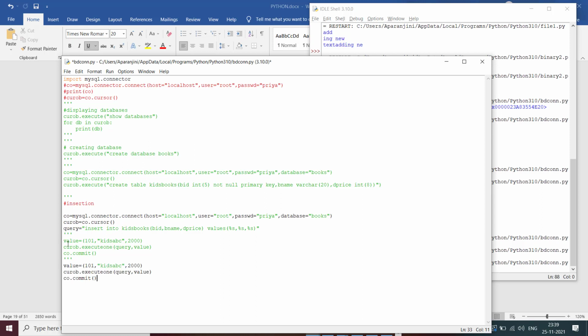So here for multiple records, we need to write in a list. Insert the list and here I'm going to put a comma, again open 102. It is a primary key, so it won't take 101 again. So I'm taking 2 here and here I'm taking 3 and the name I'm going to change here